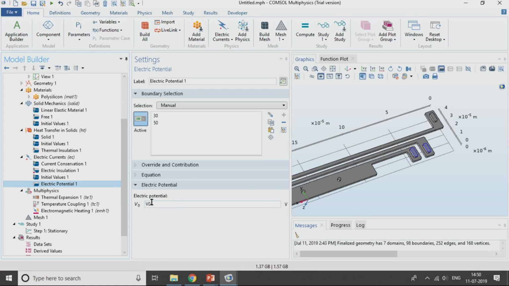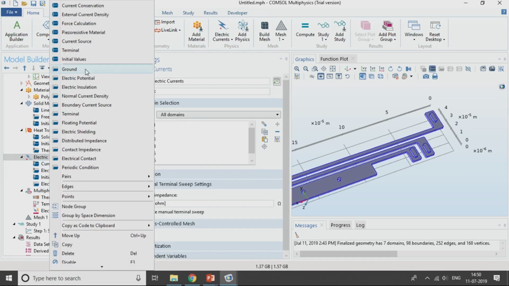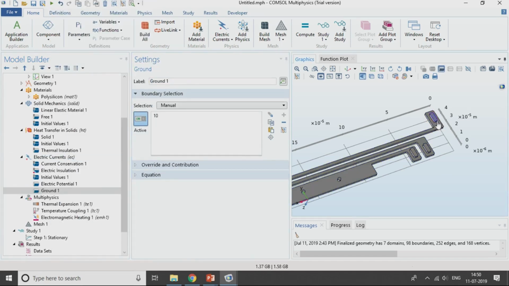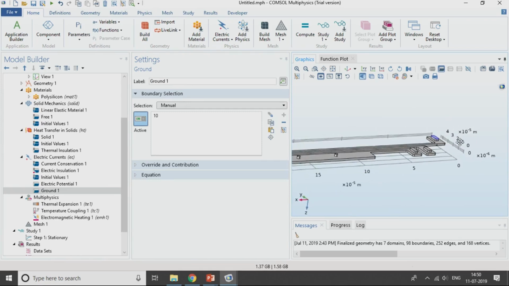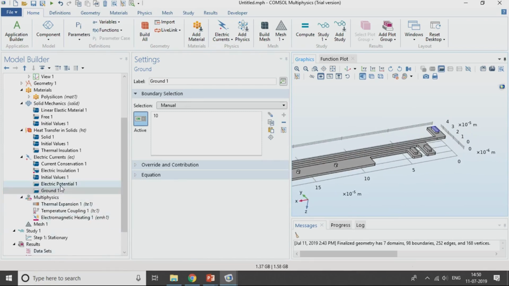we apply V naught. So, now you can see it is not yellow, it was earlier yellow color because it was undefined, and then we need to apply ground boundary condition at this particular boundary. Okay. So, our system is set now, we have electric potential boundary condition at the bottom two legs and ground boundary condition in the top leg,